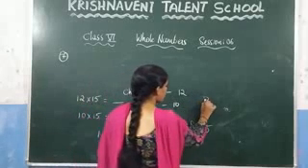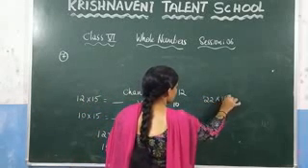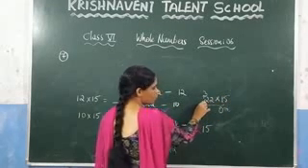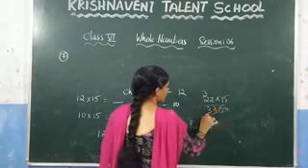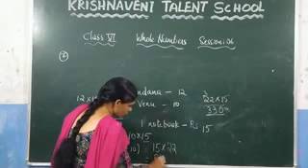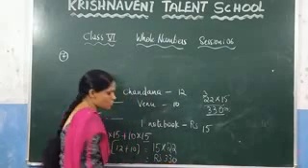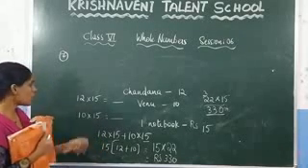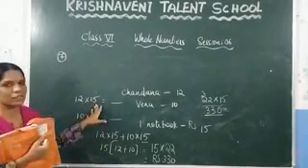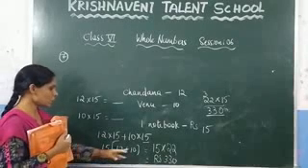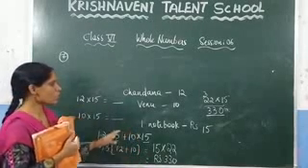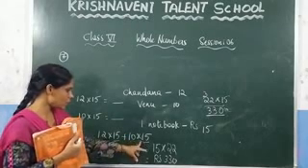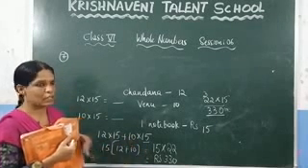So how do you multiply 22 with 15? You know that 15 into 2 is 30. Write 0, carry 3. 15 into 2 is 30, plus 3 is 33. So 330. So they have to pay how many rupees to the shopkeeper? 330 rupees to the shopkeeper. Otherwise, you can directly calculate here and you will get the same answer. What we need to do is just multiply these two numbers and multiply these two numbers. After adding, you will get the answer.